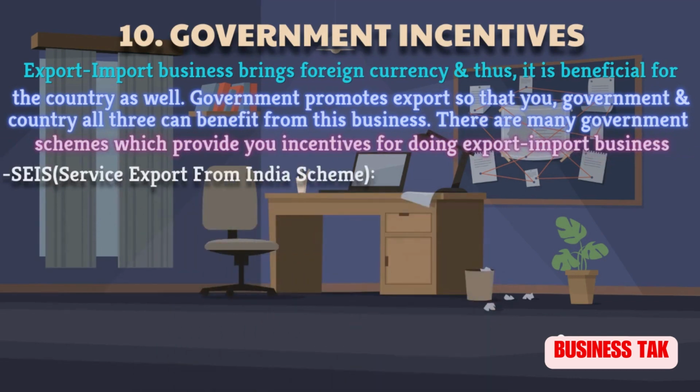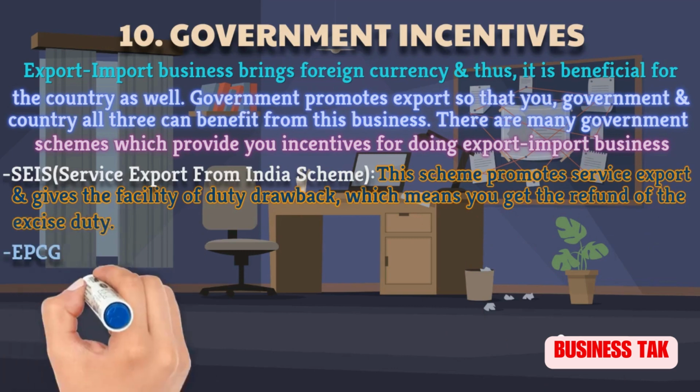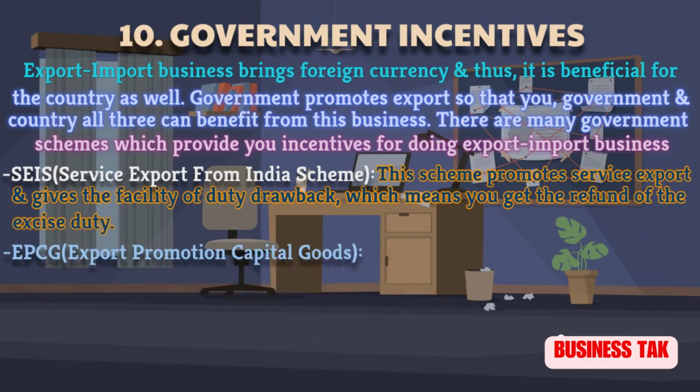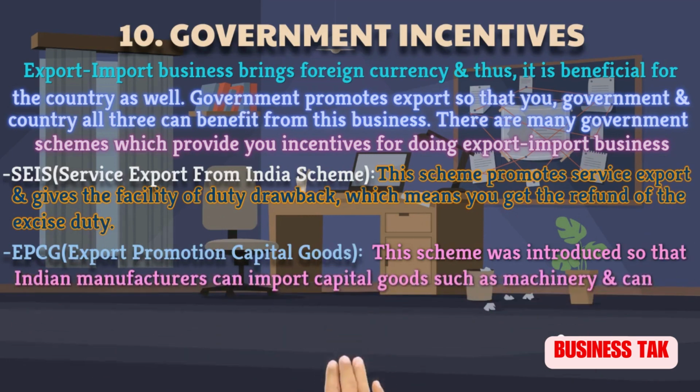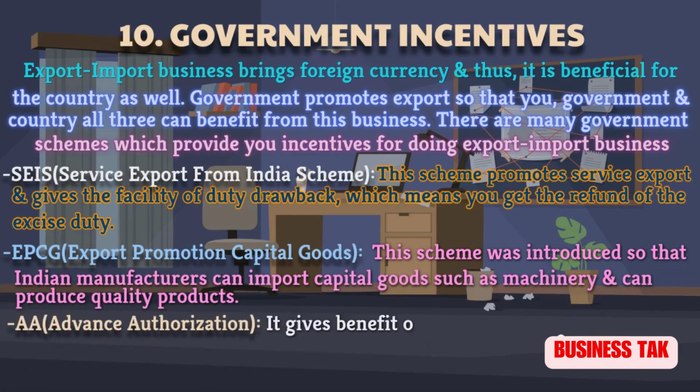These are SEIS, Service Export from India Scheme. This scheme promotes service export and gives facility of duty drawback, which means you get the refund of the excise duty. EPCG, Export Promotion Capital Goods. This scheme was introduced so that Indian manufacturers can import capital goods such as machinery and can produce quality products. AA, Advance Authorization. It gives import of raw material